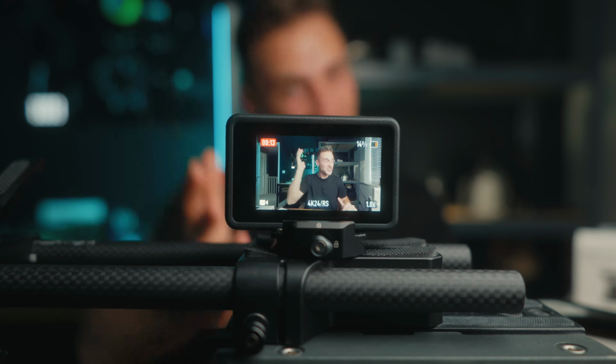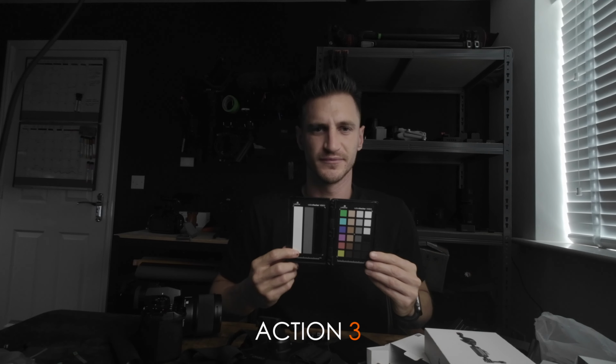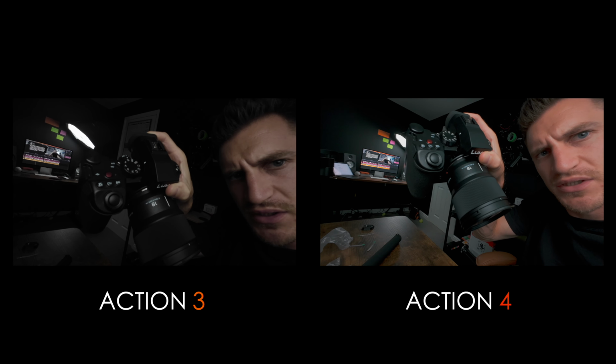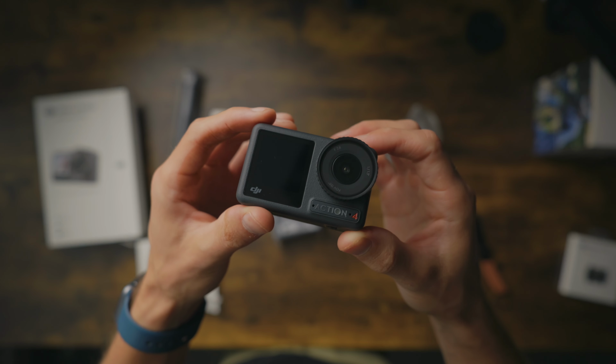I thought it'd be a good idea to film this talking heads segment exclusively on the Osmo Action 4 to see what it looks like in this kind of environment. And I think it's doing a great job considering this is what the old one looked like. The difference is night and day, and it just shows you how much better the dynamic range is on the Action 4. Don't forget, this is a tiny little sensor of an action camera compared to a mirrorless camera or